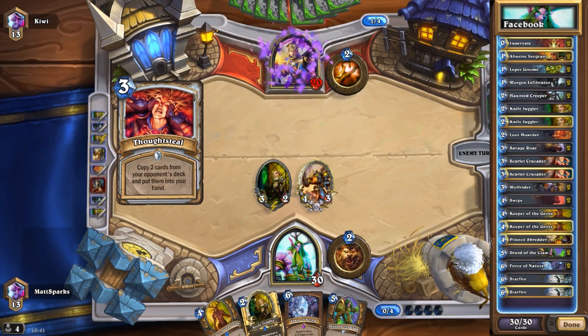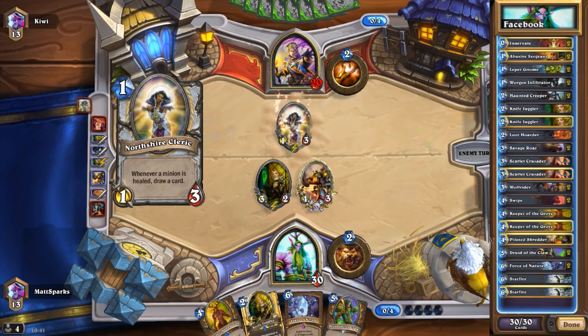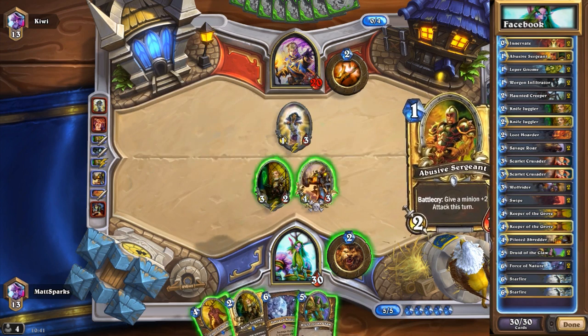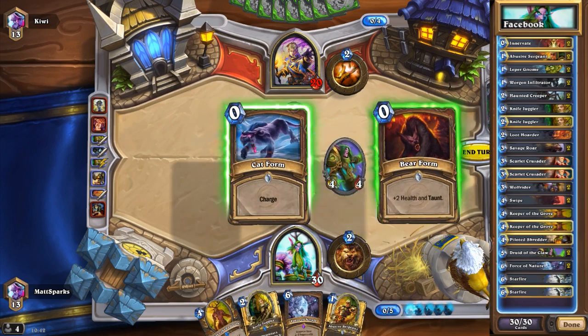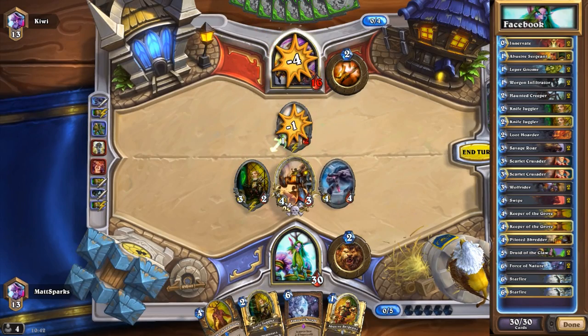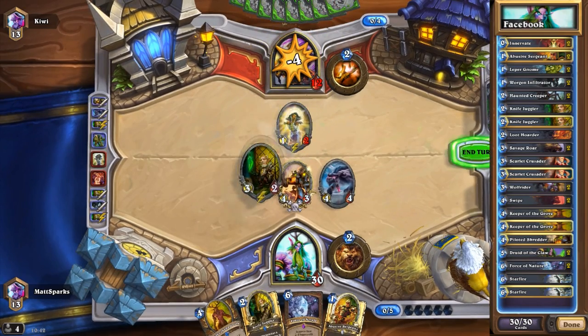Talking of 3 damage for 3 mana, we have a Wolf Rider. So this is essentially the same stats as a Scarlet Crusader. Scarlet Crusader survives a bit longer, but the Wolf Rider has charge. Turn 1, you could Innervate and Wolf Rider if you have those in your hand, but I would suggest if